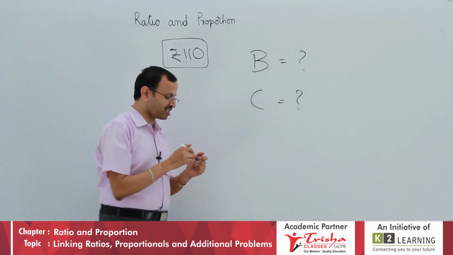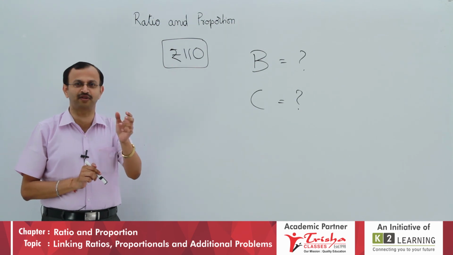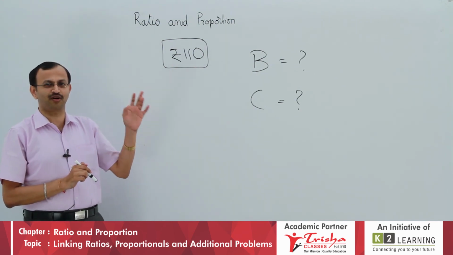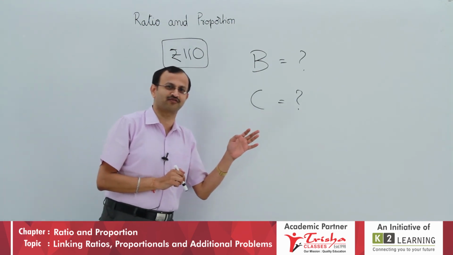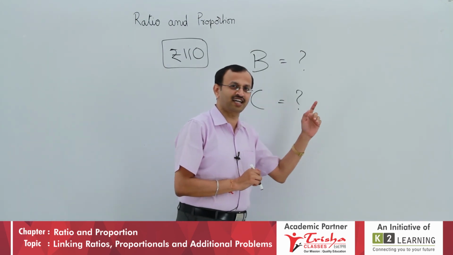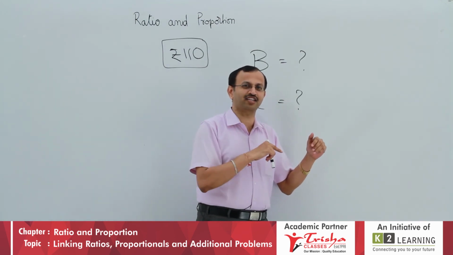You have to answer in a short span, just take 5 minutes. I will be back with the answer. What is the cost of the bottle and what is the cost of the cap? If your answer is 110 rupees, you are wrong. We will look at the answer after the break.